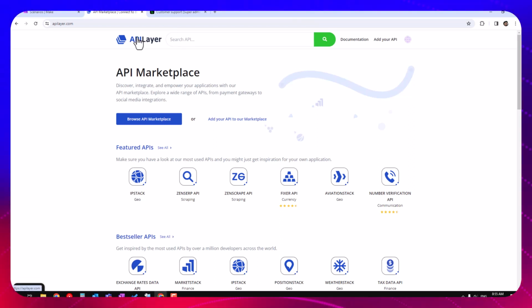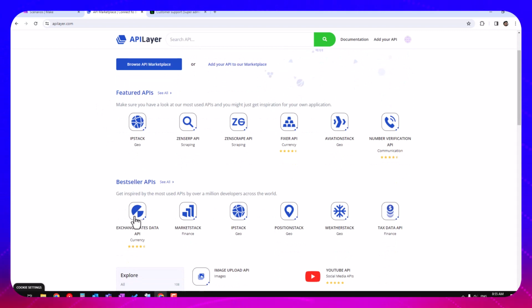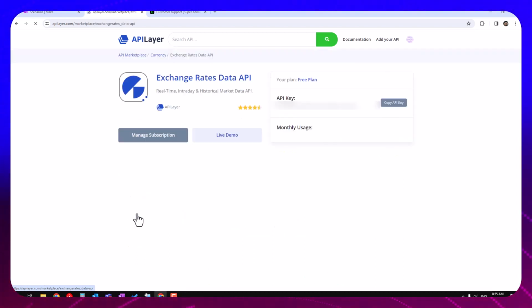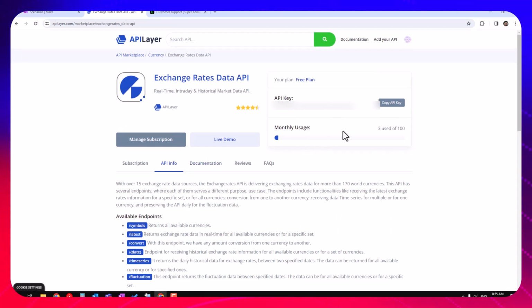So go in there. If you don't really have an API system that can give you exchange rates, you can use this one. So go to apilayer.com, create yourself a free account, and then under the bestsellers, there is an exchange rates data API. They have multiple exchange rates data APIs, but this is the one we're going to use for today. So click on this one,